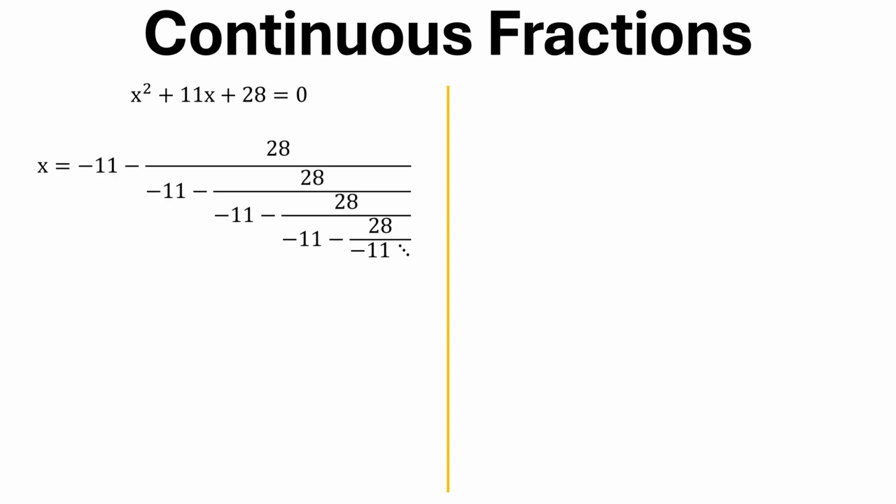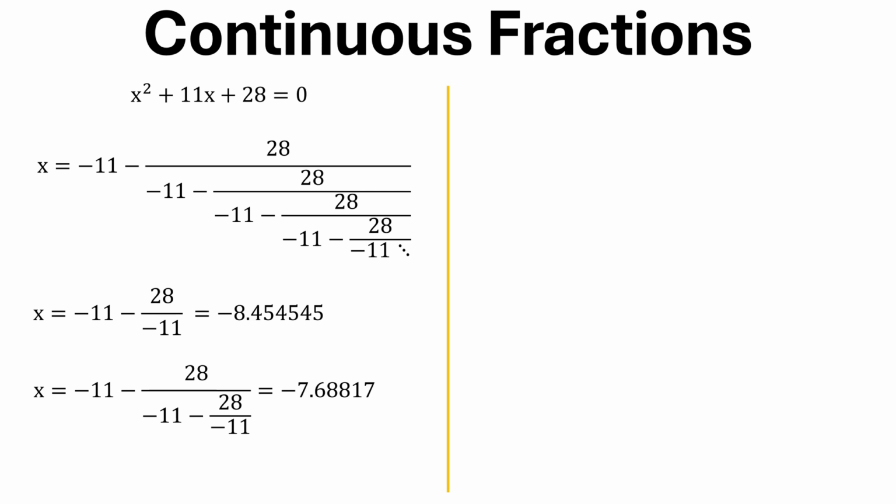Let us solve an example using continuous fractions. Using the example, x squared plus 11x plus 28 is equal to 0. Substitute b and c into the formula, and this is what it looks like. Now let us solve it in steps. For the first step, we go down to a depth of 1, and we have x equals minus 8.454545. Next, we go down to a depth of 2, and we have x equals minus